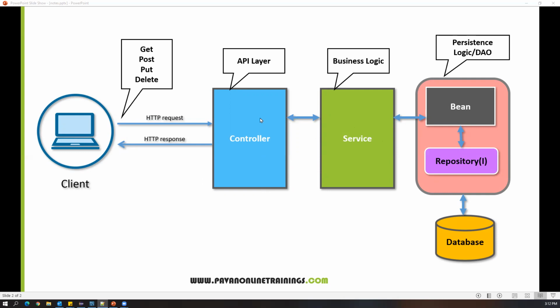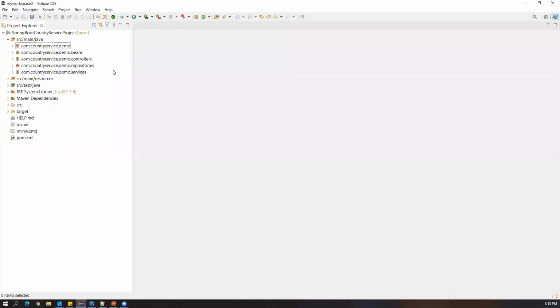So here MockMvc comes into the picture. When I use MockMvc, without starting the Spring Boot application or the Spring Boot server, we can still invoke the controller methods through an HTTP request. Okay, in today's video we are going to see how to write the unit test cases for controller methods using MockMvc along with the Mockito framework.